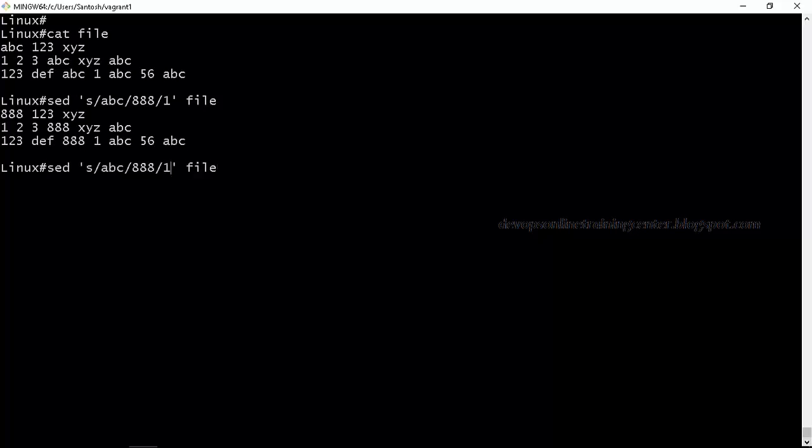Let us say I'll just say replace all second occurrences. So the first occurrence is still the same, the second occurrence is replaced, right? So this indicates how to replace a particular occurrence from a script, right? Now we replaced it with the script. Let us see what is the actual content.